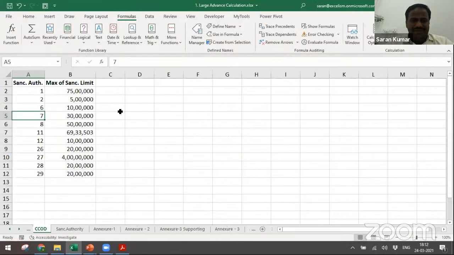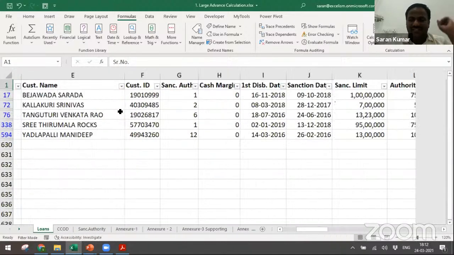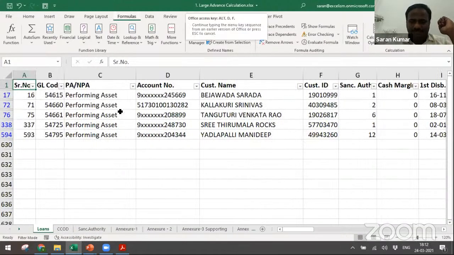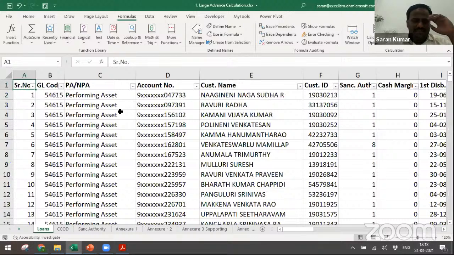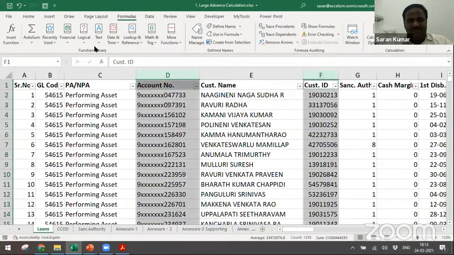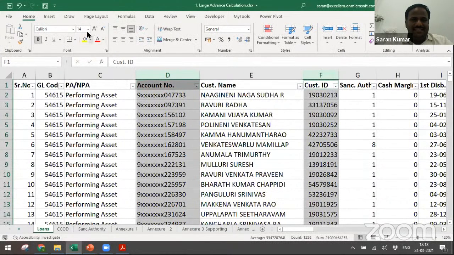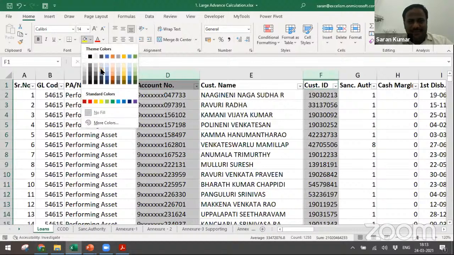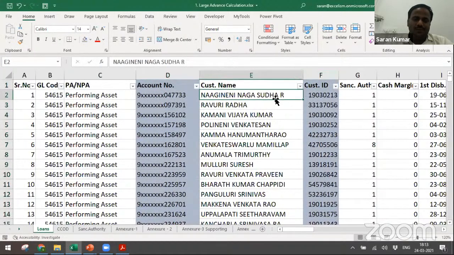Let us see, is there any other way we can do the stratifications out of this data? If you observe here, there's a term loan file, loans file, GL code, performing or non-performing asset, account number. Is there anything I can get around the account number? Just by looking into account number, you may not do any analysis. Maybe if you can relate these two, yes, there may be some work you can do around this. You know what is that?